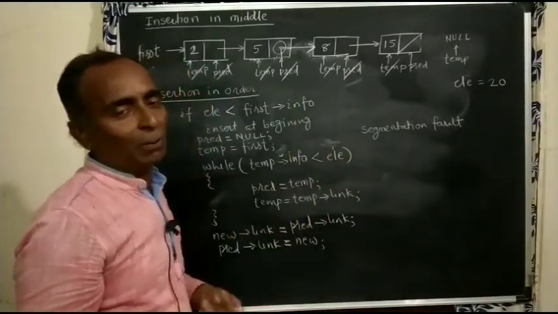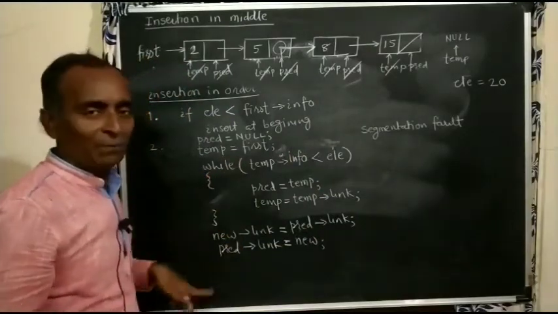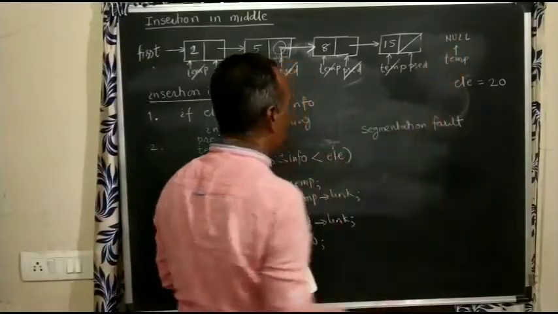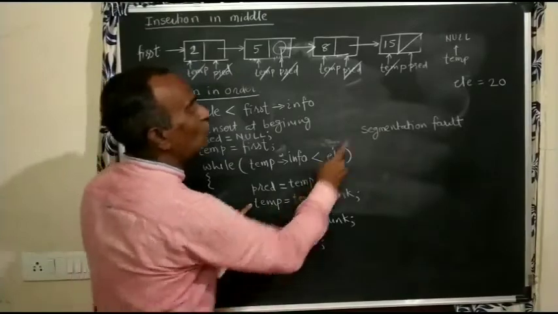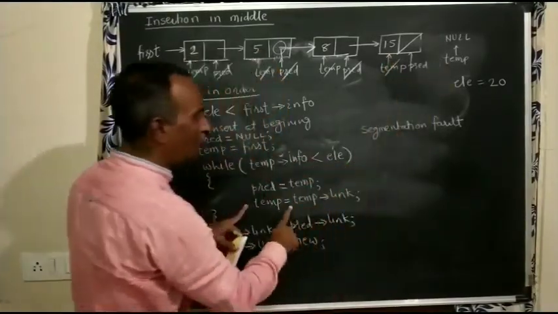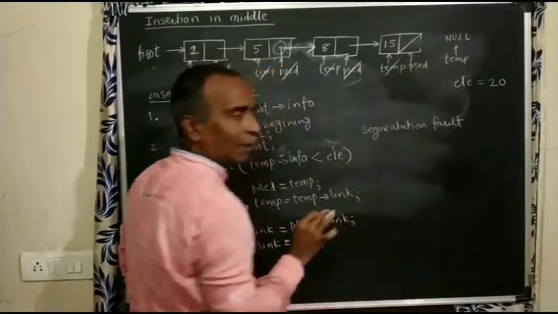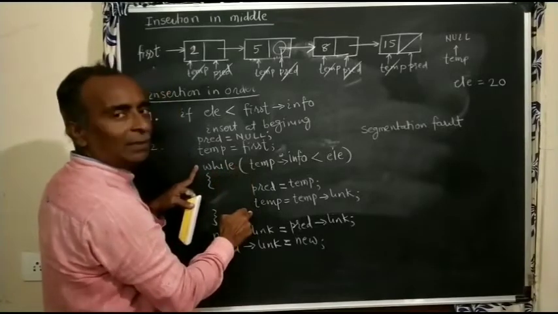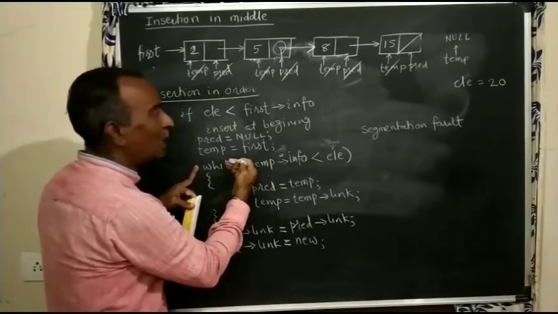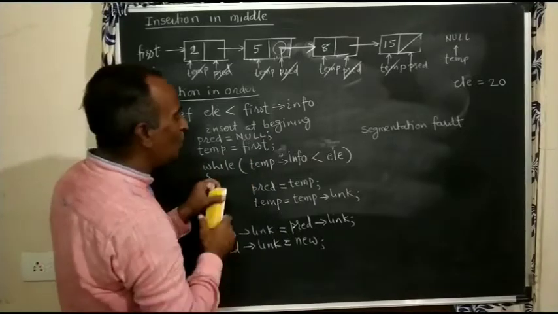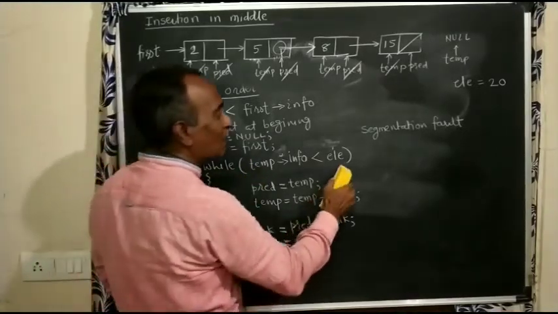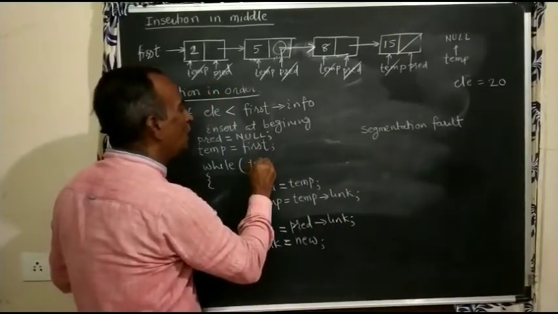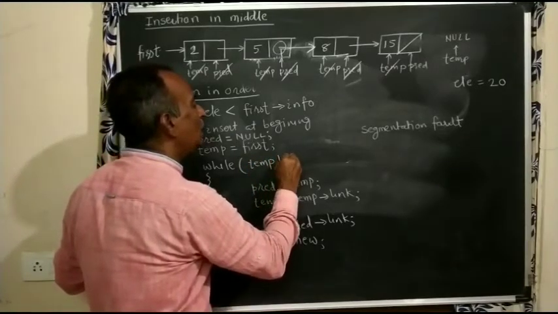Now how to tackle this problem? I have to change my logic now, because when temp was here and temp is moved, temp will be null, and pred is pointing here. When it again goes here, it should not come again inside this. It should come out of the loop. So what condition do you have to add into this? Right? So here, when you are moving, when either temp is not equal to null